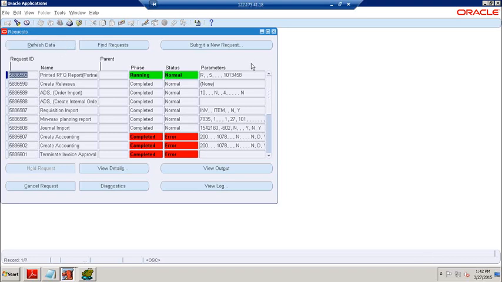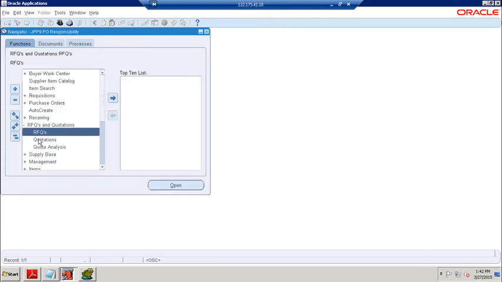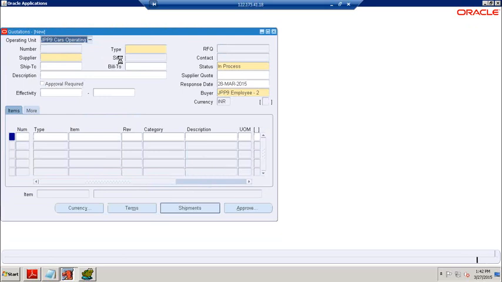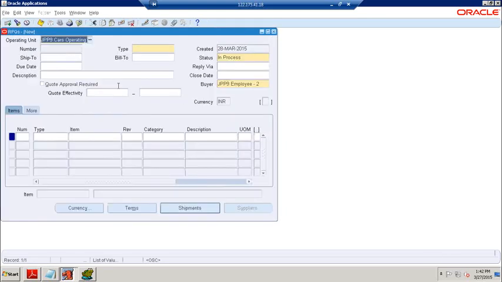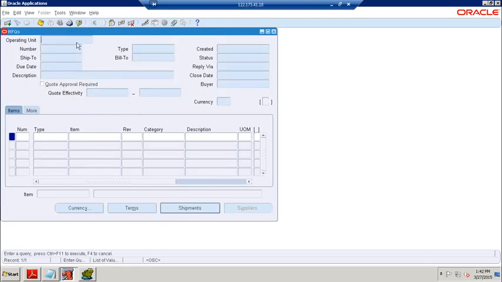Okay, fine. Once it is completed, then automatically the respective RFQ status is printed. Next we are going to create the quotation. Go to quotations. Here, observe this one. I don't want to go directly to quotation, so I can go to RFQ and open the RFQ. Here we freeze the form and give the RFQ number.